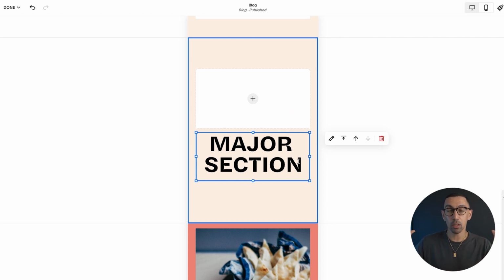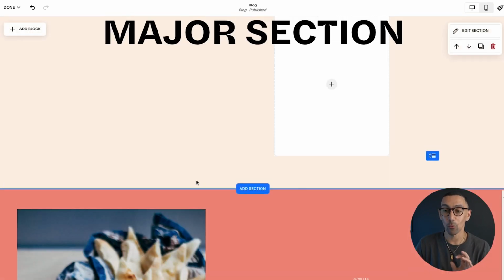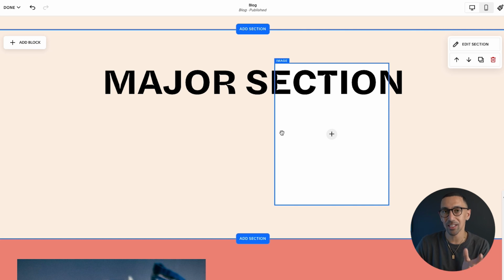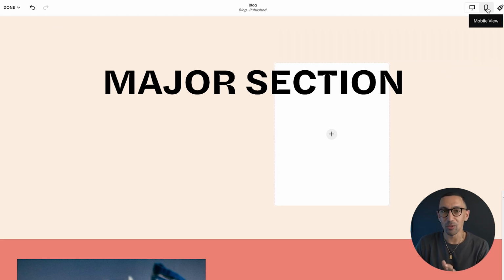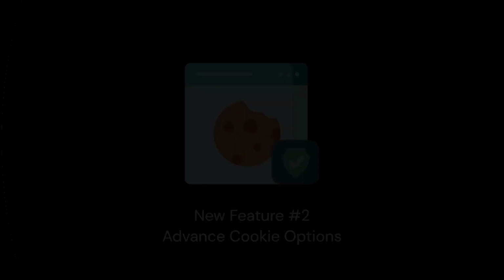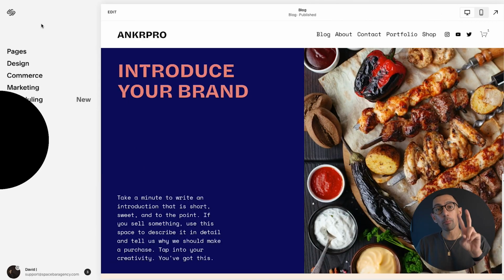So if desktop has one look, mobile could have a completely separate look. And when you go back to desktop, nothing changes. This is really powerful. It's really cool. But you do have to design mobile as well. So before you would just design desktop and it would naturally flow into mobile. Now, if you do not design mobile, it will look really ugly. So you have to do both. Number 2,